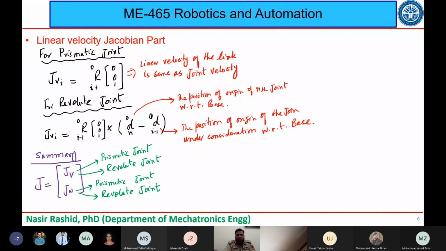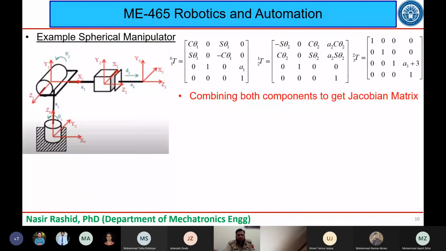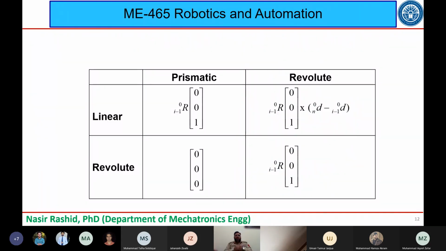सो बिफोर मैं एक एग्जांपल आपको सॉल्व करके दूं टू फाइंड आउट अ जैकोबियन, लेट मी जंप ऑन टू दिस। अच्छा ये जो अभी तक हमने किया है ये उसकी समरी है। अब अगर आप गौर से देखें सो ये जैकोबियन है, ये जैकोबियन का लीनियर और रेवोल्यूट पार्ट है। मैं जब जैकोबियन को कैलकुलेट करना चाह रहा हूं तो ये लेफ्ट कॉलम में आप देखें कि ये जैकोबियन का लीनियर और ये रेवोल्यूट पार्ट है। सो इफ आई एम इंटरेस्टेड इन लीनियर वेलोसिटी ऑफ अ प्रिज्मेटिक जॉइंट तो मैं ये वाला फॉर्मूला यूज करूंगा।